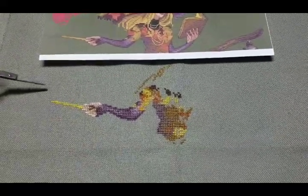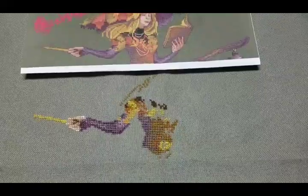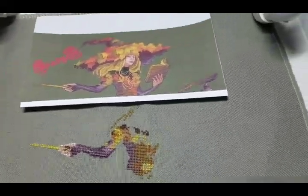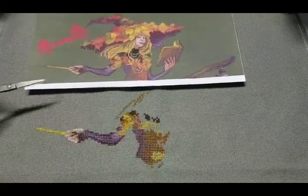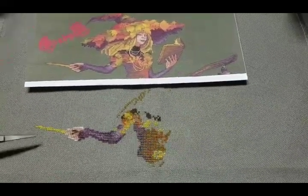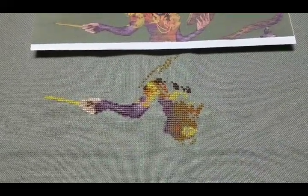My fabric is a little bit darker than it looks, like a dark sand color, not this grayish as I can see through the camera. So that's what it looks like. She's called September Witch, just holding her wand and reading a book while sitting on the broom. So that's what it looks like so far, and I set it aside because I need to do my